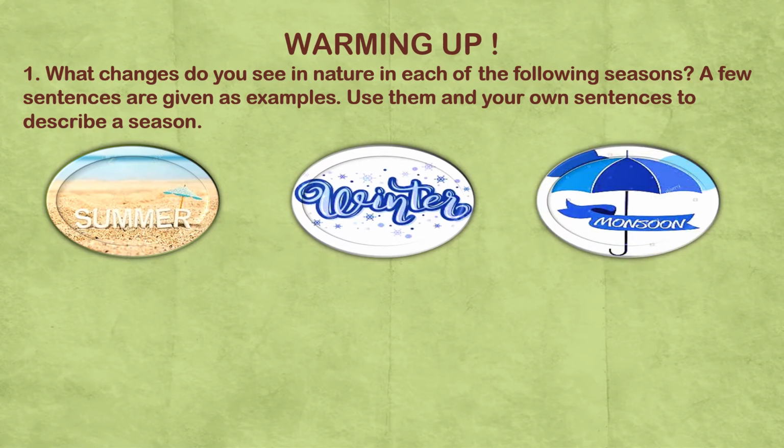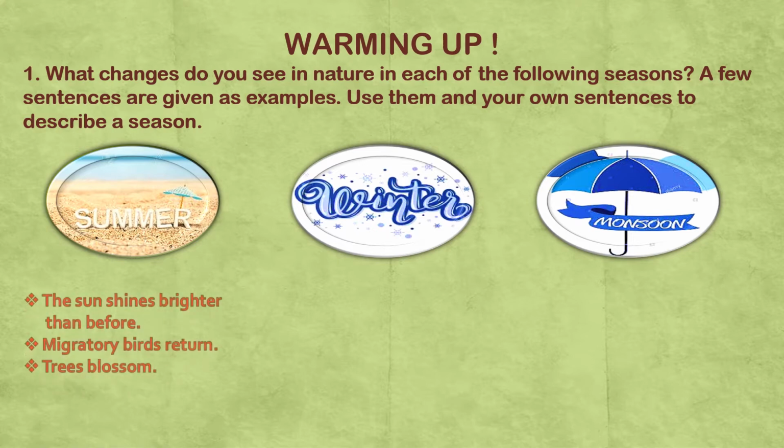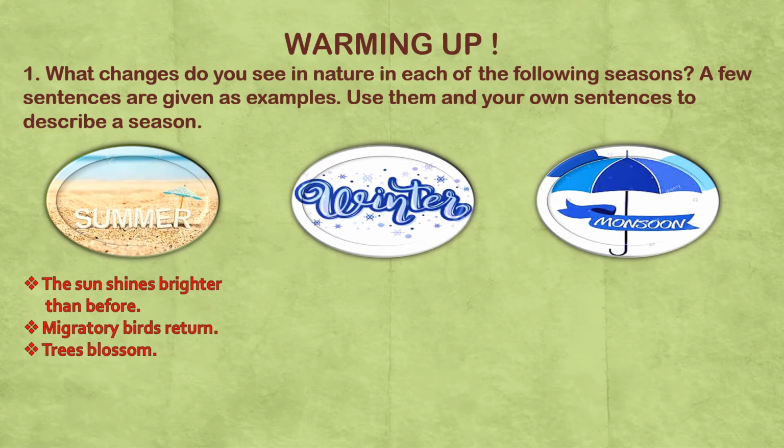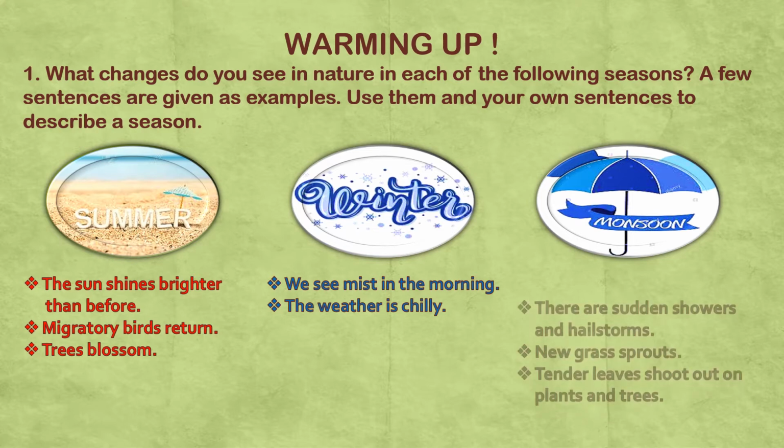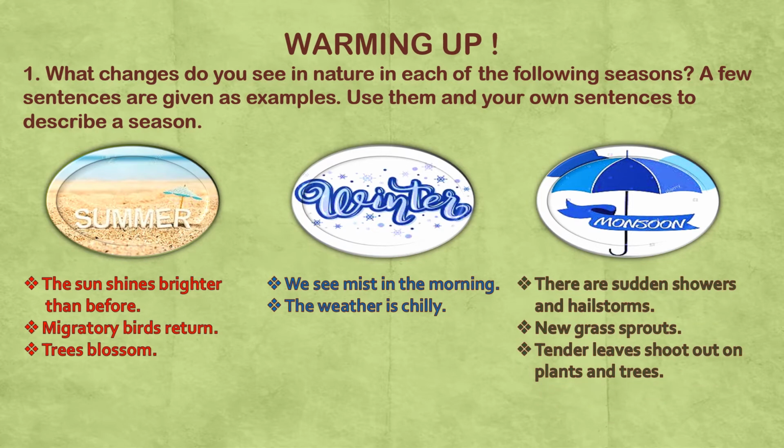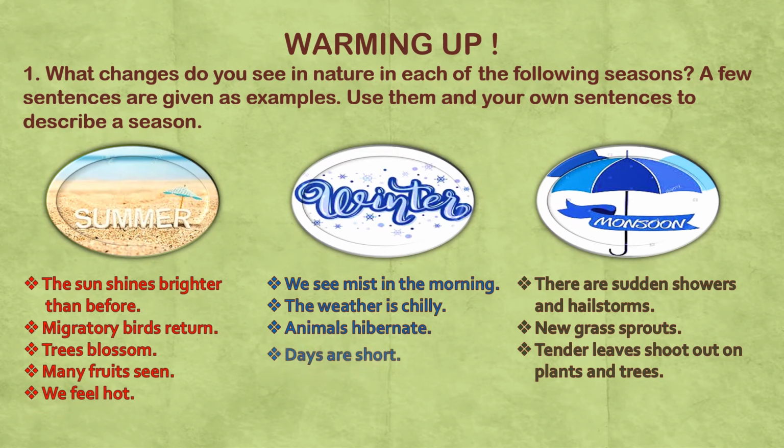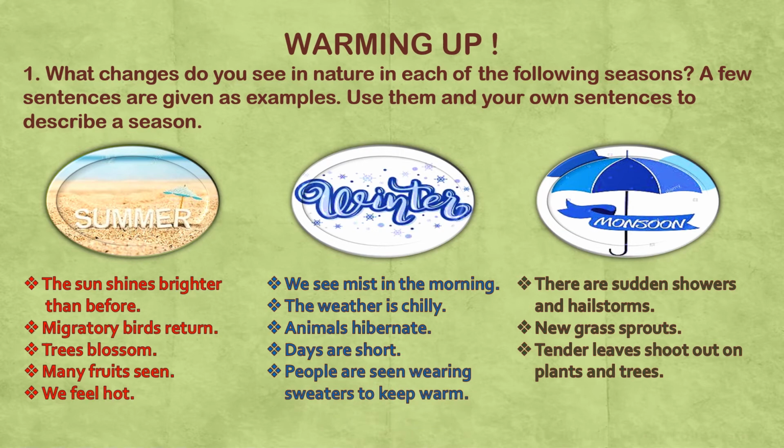So the three seasons are summer, winter and monsoon. Here, these are the sentences taken from your textbook. We see the mist in the morning. There are sudden showers and hailstorms during the monsoon season. Okay, and I have added my own, and similarly you have to add your own for each of these three